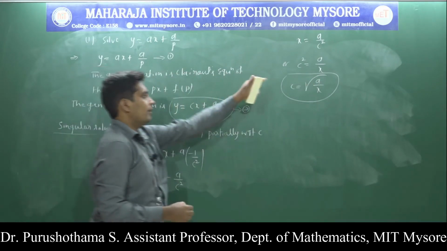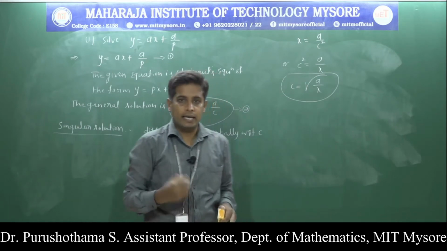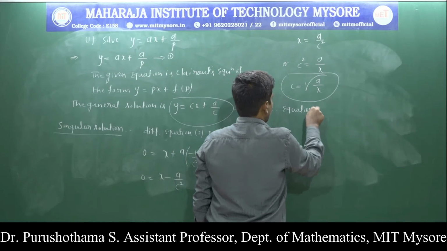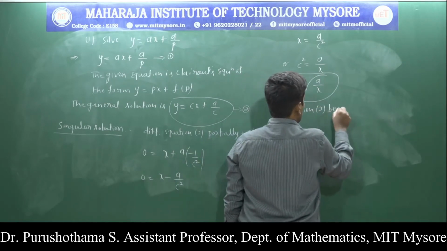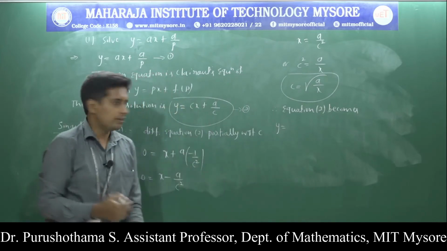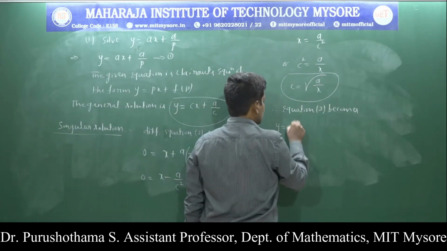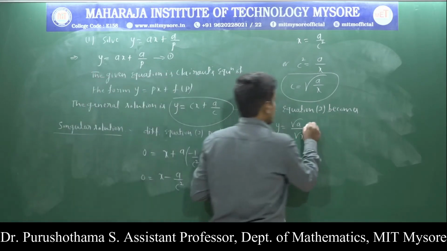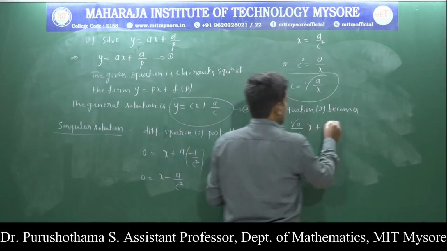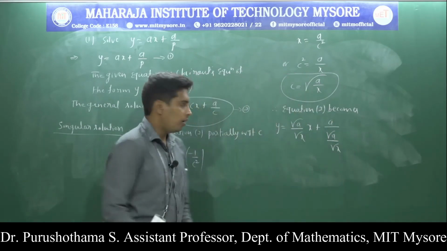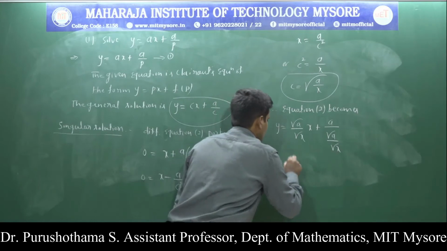So the parameter value c is equal to root a by root x, therefore equation 2 becomes y is equal to, in place of c, root a by root x, plus a by c, that is a divided by root a by root x, which is the same as y is equal to